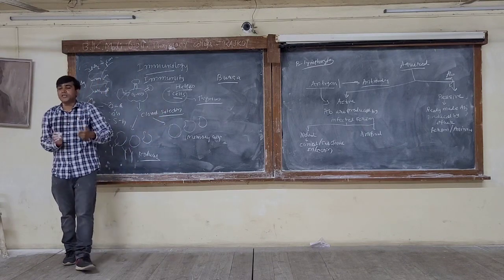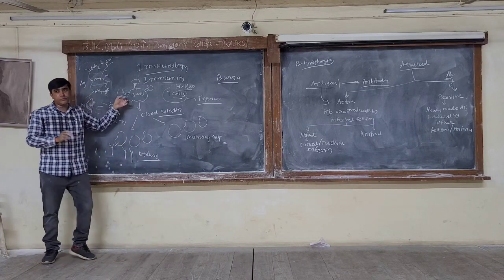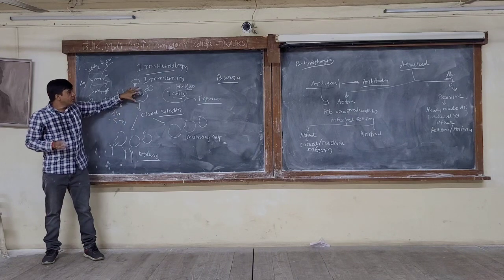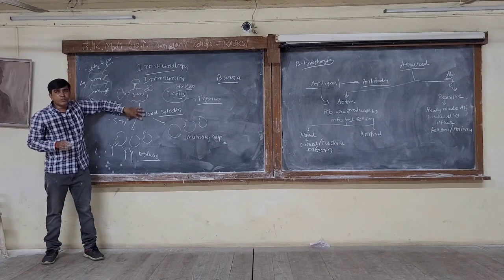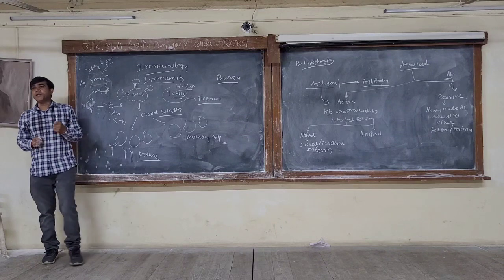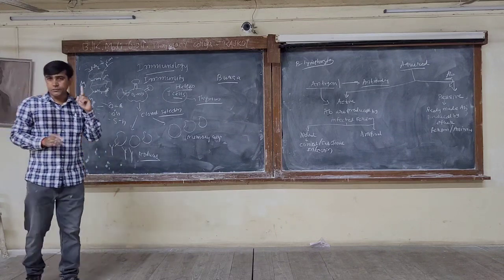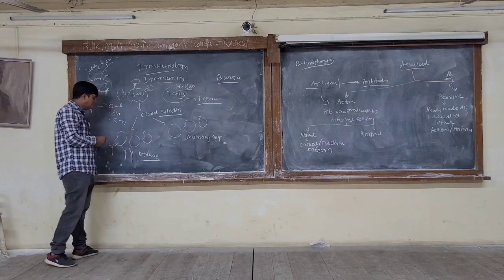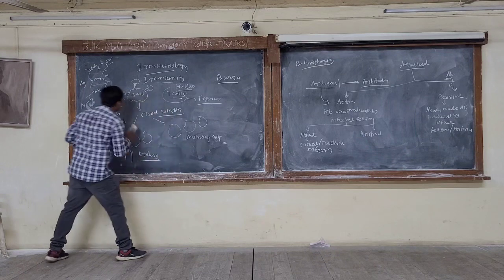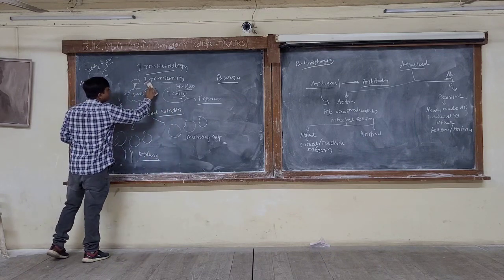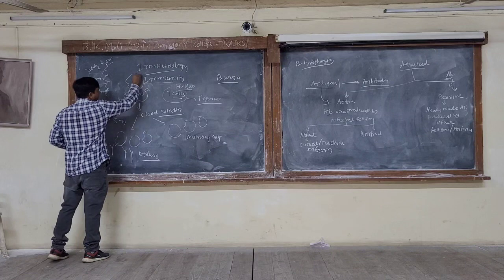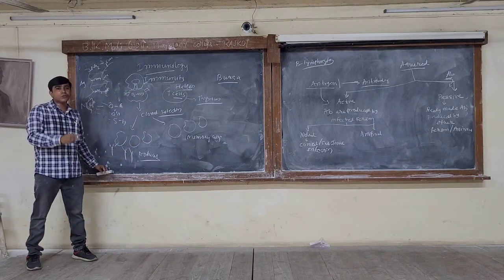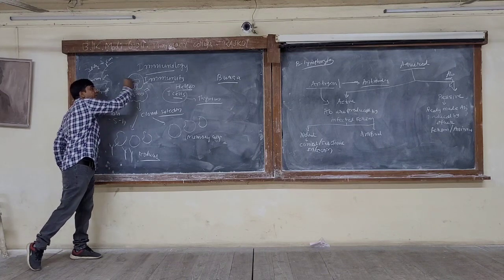Now, the B cells which are produced over here, actually in our blood there are a number of circulating B cells. So, when one B cell is multiplying, it will produce the antibodies of a single type. Antibodies of single type. For example, this B cell has read the surface of the antigen at this receptor site. It will only produce the antibodies which are having the structure which is complementary to this site.